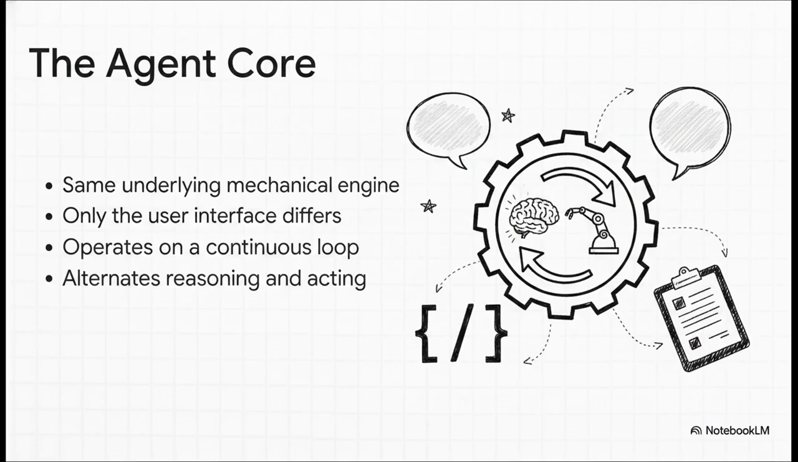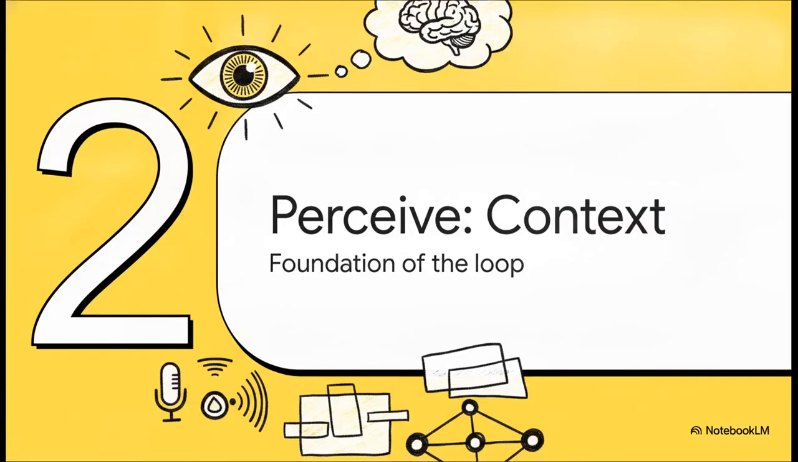They don't just generate a single text response like your traditional language model. They enter a multi-step process. They are constantly assessing their environment, deciding what to do, and executing an action over and over again until the job is fully done. So let's look at the very foundation of this loop: perceive, which is how the agent